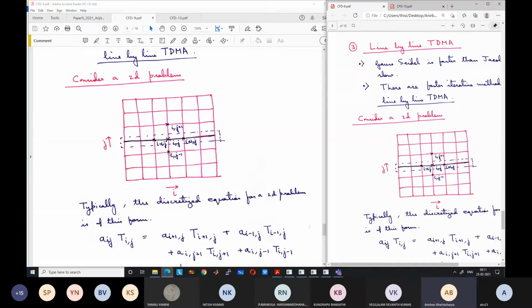But you can correlate them. East one is i plus 1 comma j, west one is i minus 1 comma j. Similarly, north and south ones are also there: i comma j plus 1, and i comma j minus 1. So